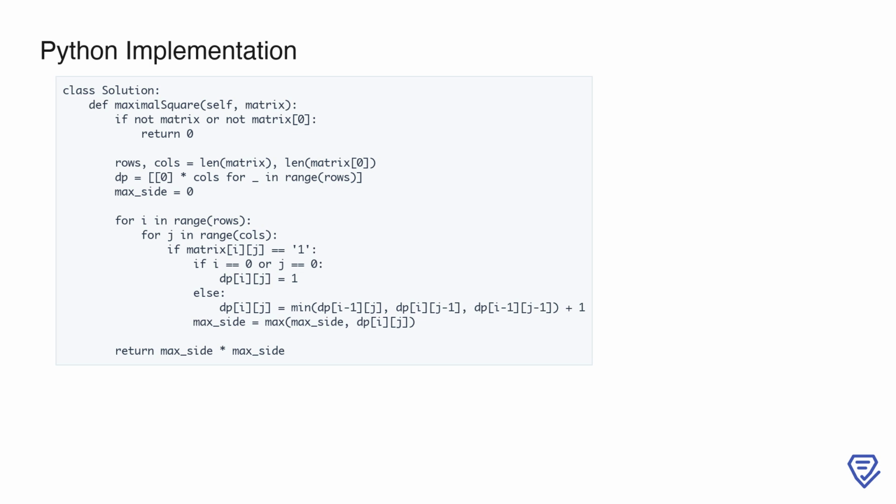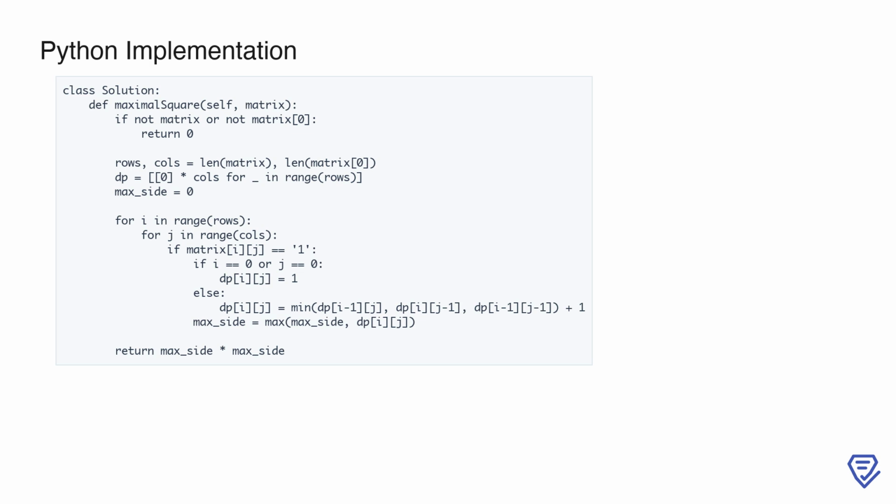We also declare max_side to track the maximum square side length found. The algorithm iterates through each cell in the matrix. If the current cell contains a 1, we calculate the value of dp[i][j]. For cells in the first row or column, dp[i][j] is simply 1, as no larger square can end